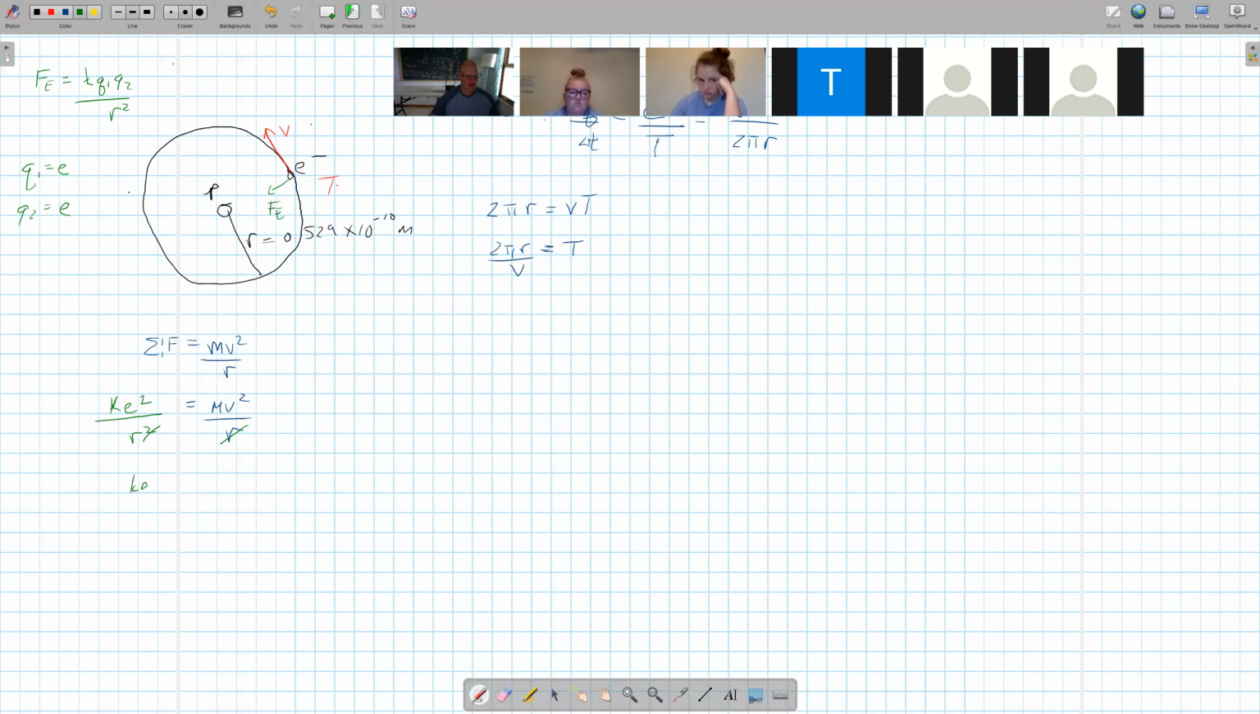So finally what I have is KE squared divided by R is equal to M times V squared. Or if we solve for V squared, we get V squared then is equal to KE squared over MR. Or finally, take a square root. We get V then is equal to KE squared over MR quantity square rooted. Still good. So let's plug that back into our current. So finally, we have the current then is equal to, again, E times V divided by 2 pi R, which is going to be E divided by 2 pi R times the velocity, which is the square root of KE